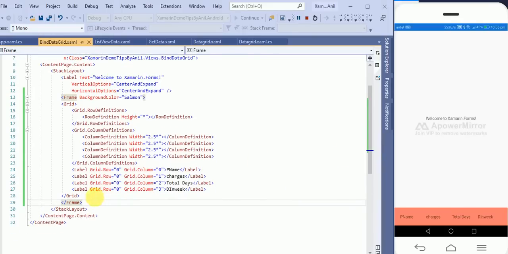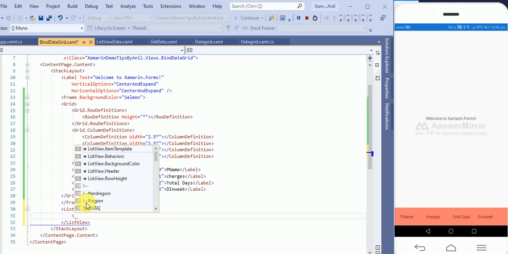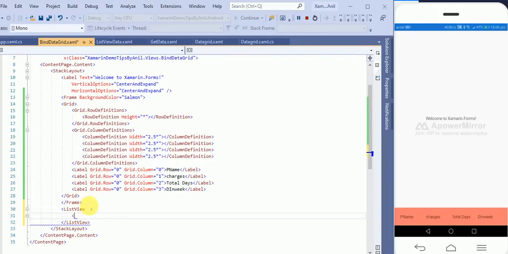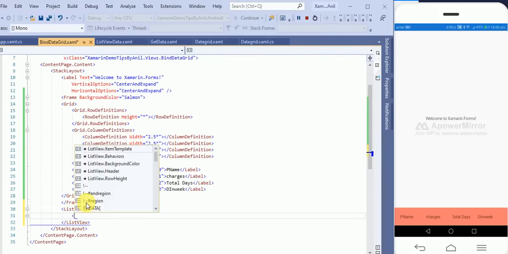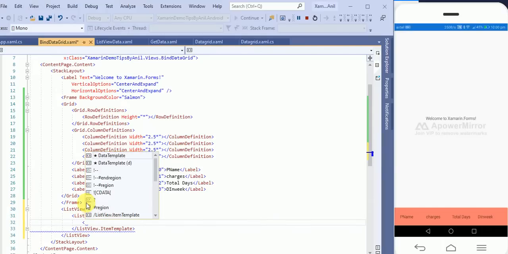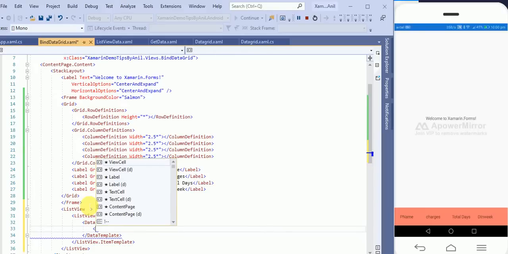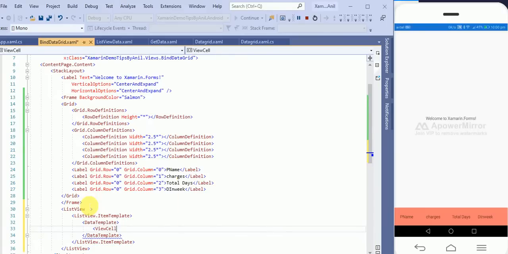Now here I will take a list view, and inside the list view, because I want to bind the data and iterate over it, I will take a data template, and here a view cell.